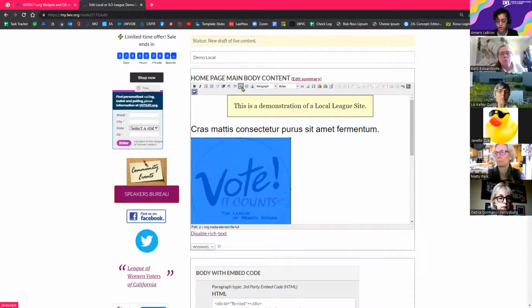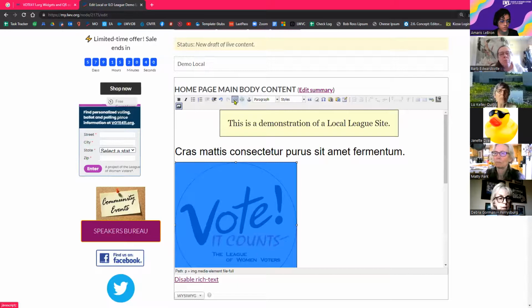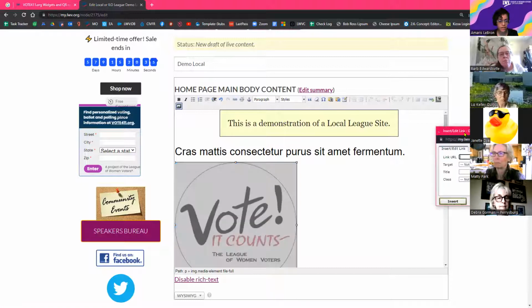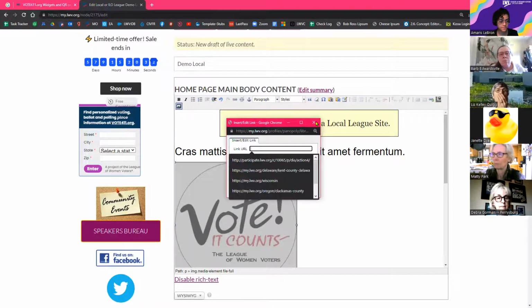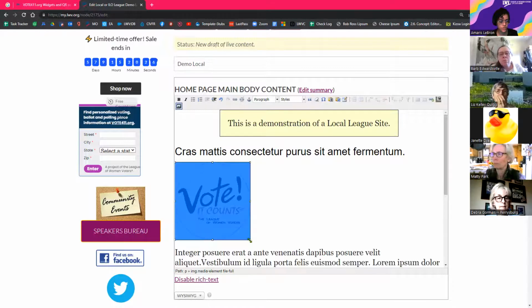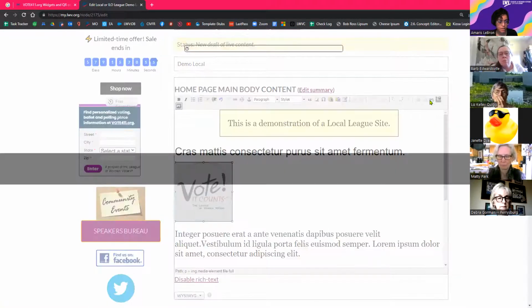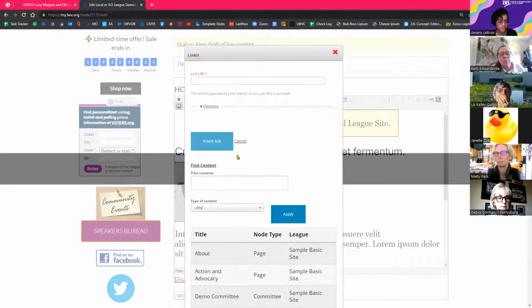And we all know there are, I'm going to zoom in, two different linking buttons. If you use the insert edit link tool, you have to type in the URL yourself or paste it in. But if you wanted to just use the search to find a page within your site, you can click the other linking tool, link to content here. That brings up this pop-up. It also gives you the option to type in or paste in the URL, but down here under find content, and I do have to zoom out a bit,